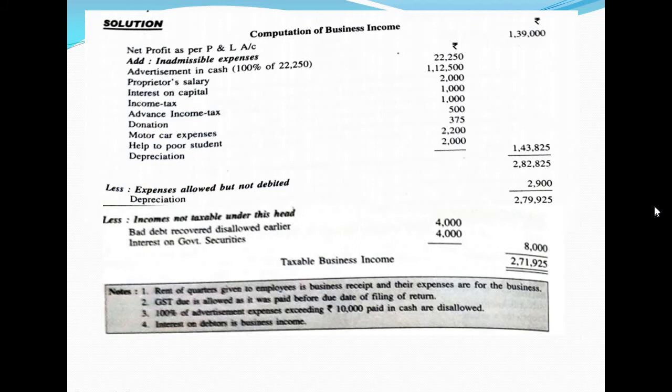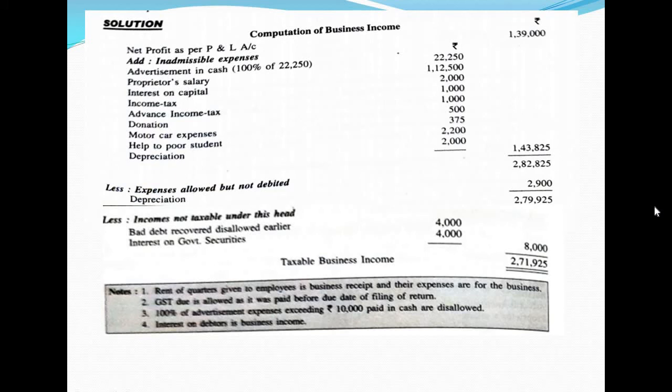After adding, you'll get 2,82,825. Then you have to less the expenses allowed but not debited. This will be the depreciation calculated as per the rate of the income tax, which is 2,900. After deducting that, you'll get 2,79,925. Then you have to less the incomes not taxable under this head. That is the bad debts recovered that were disallowed earlier, and also the interest on government security. After deducting that, we'll get a taxable business income of rupees